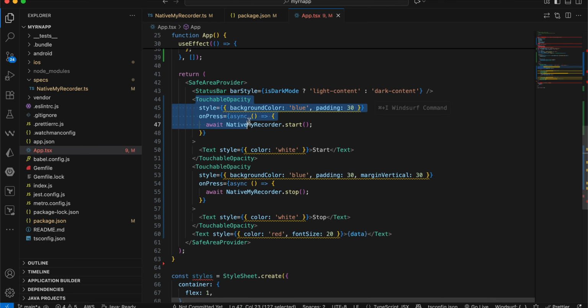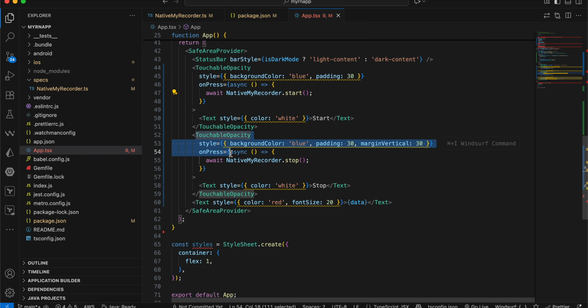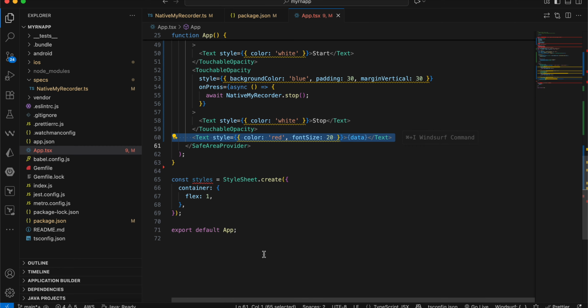So here I have one button for starting the recording, one button for stopping the recording, and one text for displaying whatever the user has spoken. All right,